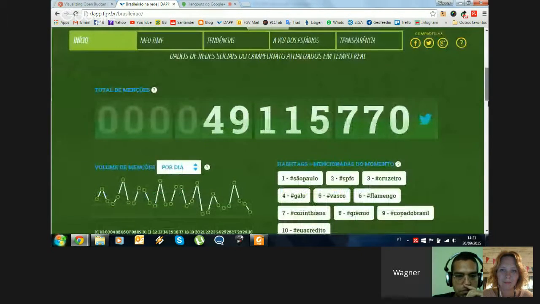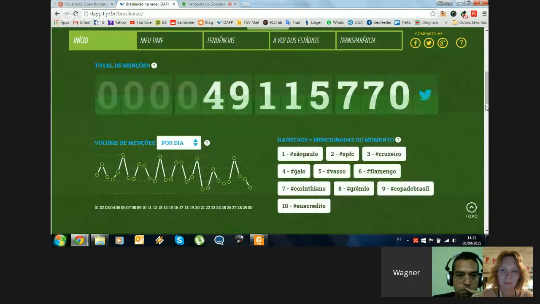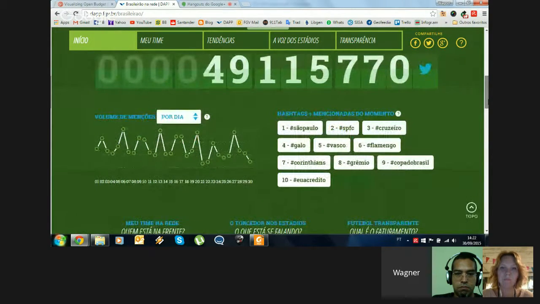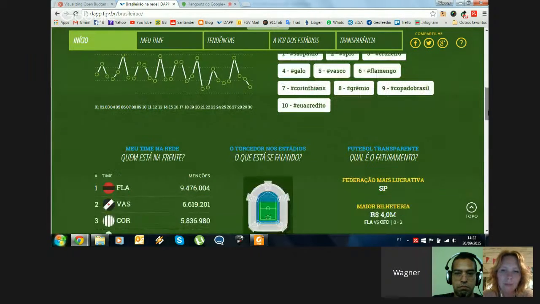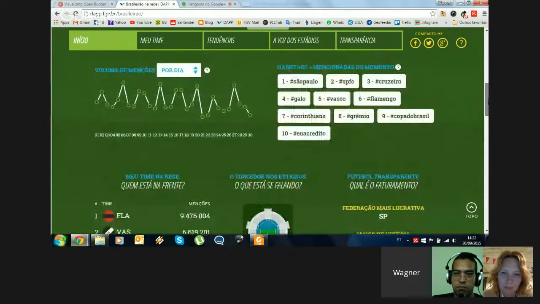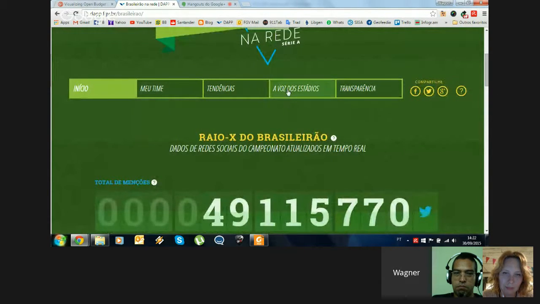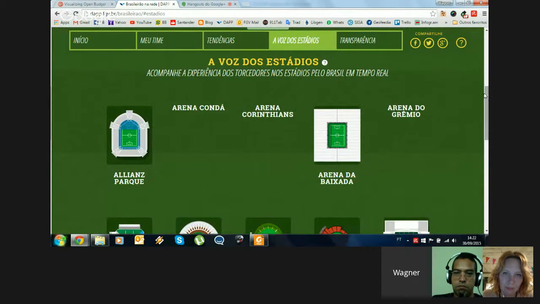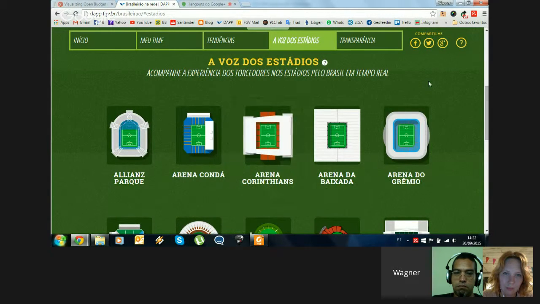Here you can see the Twitter mentions of football teams, and you can see which is the best mentioned team on social networks, where your team is ranking, and what people are saying in the stadiums during the matches.